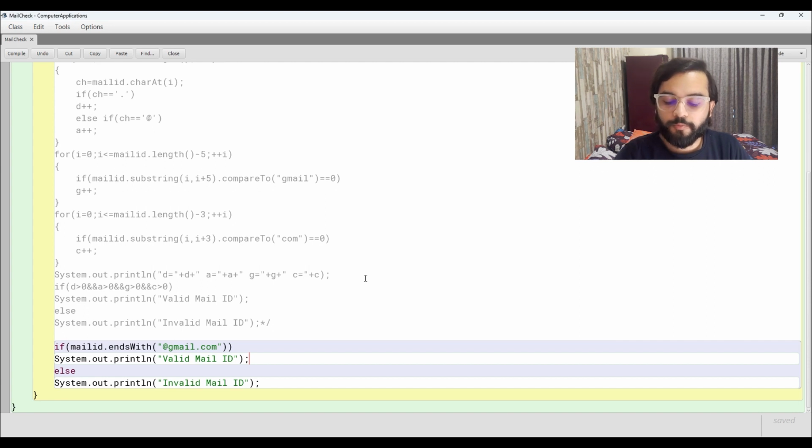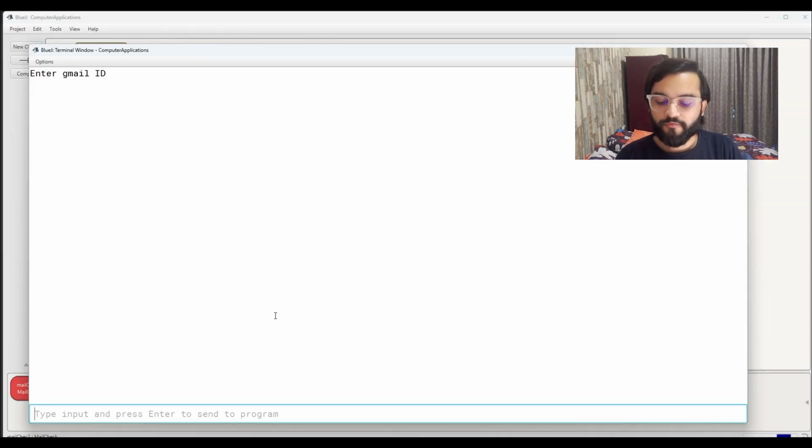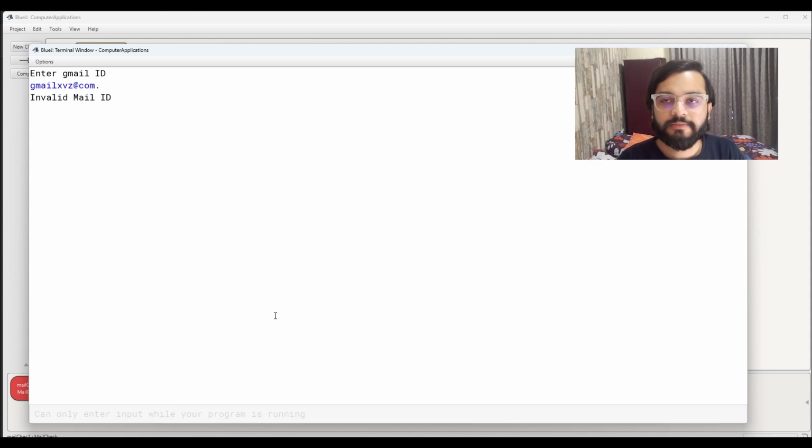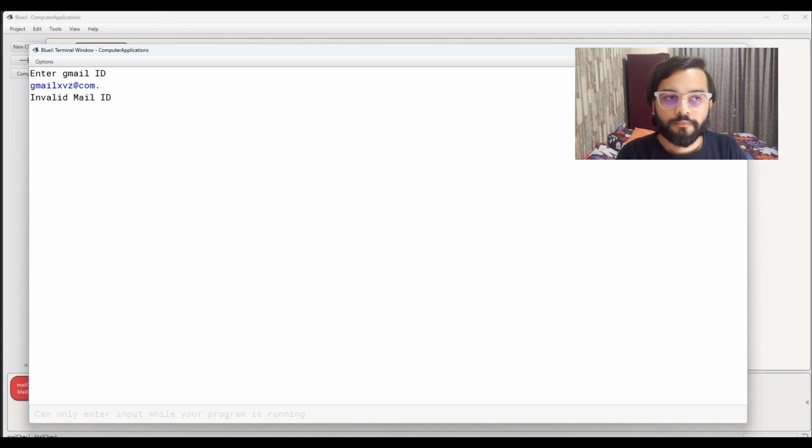So let's see the output of this program. Now if we enter that same mail ID to check, gmail xyz @com dot, this will give us that it is an invalid mail ID.